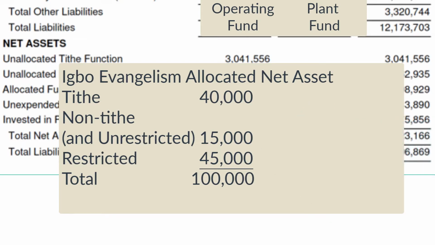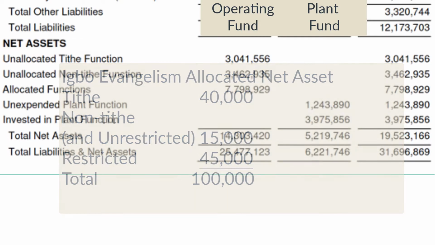all this sorted. Your main task as a president or a board member is to understand the jargon and the rules. That an allocated pot has tithe and non-tithe in it. It has restricted and unrestricted in it. And you just have to navigate both of those characteristics within the allocated pot.